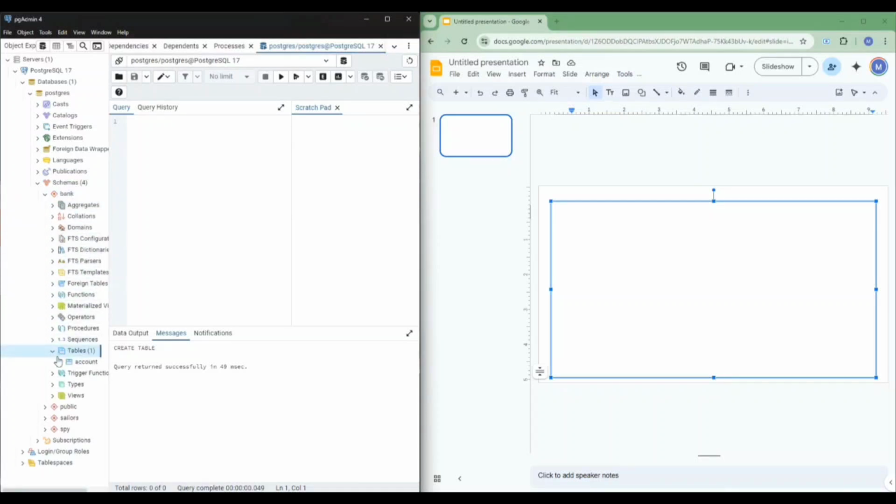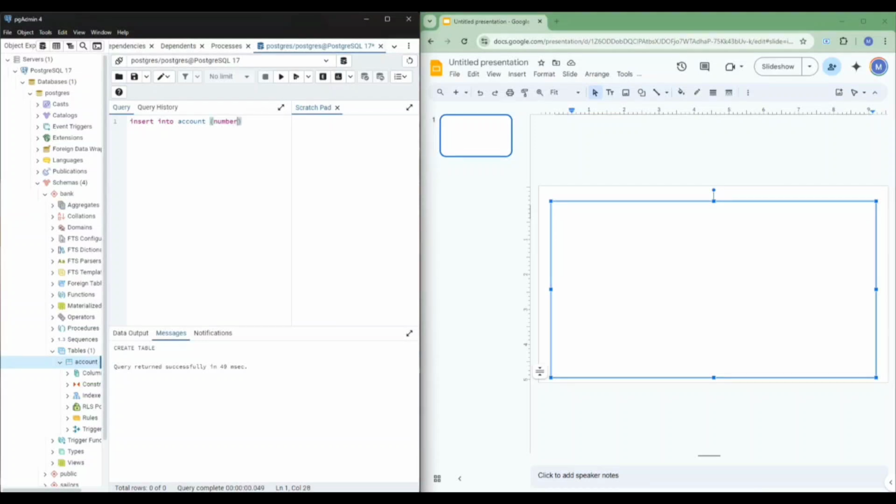To add values in SQL, we use the insert statement. You want to insert something, so we want to insert into the table named account. We want to insert into account. Then you list out all the column names. So we have number, owner, balance, type. And the next thing we do, we want to put in all the